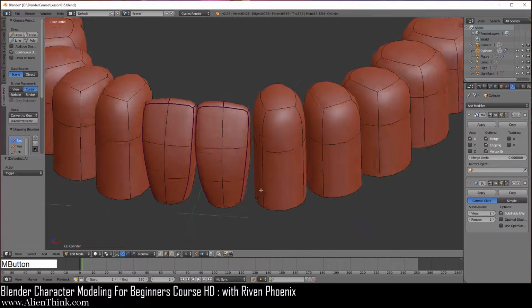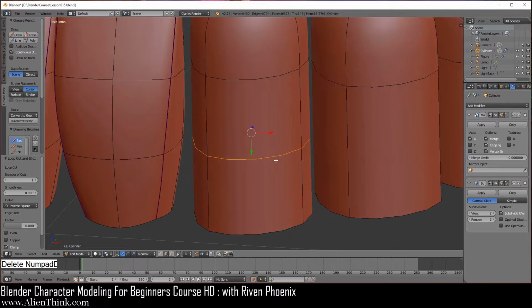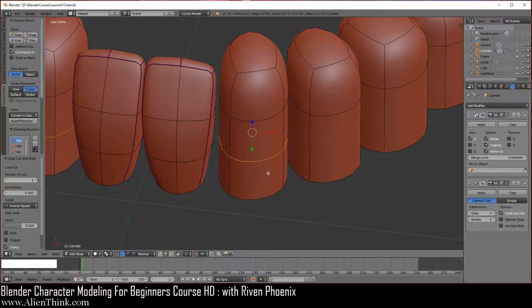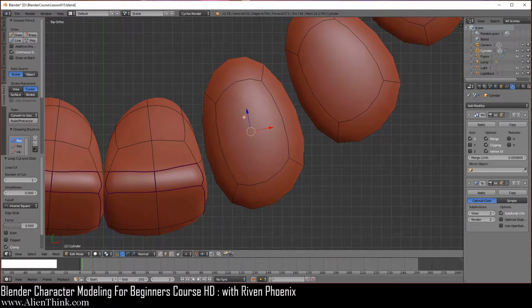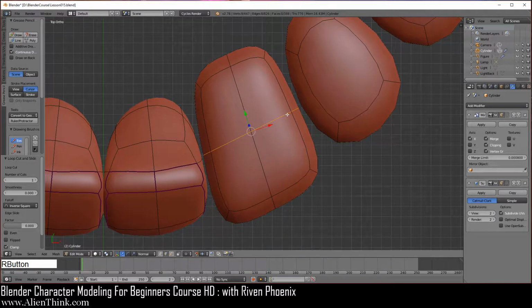So now what we want to do is work on this tooth over here. So the first thing we're going to do is do Control R. Just do left click and then right click. Now press the period key to home in on it and just zoom out, so you can do the middle mouse button to rotate around it. Now press the 7 key to go to your top view and just zoom in a little bit. So I'm going to hover my mouse over here, do Control R, and this will give me the ability to add an edge loop. So do left click and then do right click. Now do Control R over here, you'll get the same thing, left click and then right click.